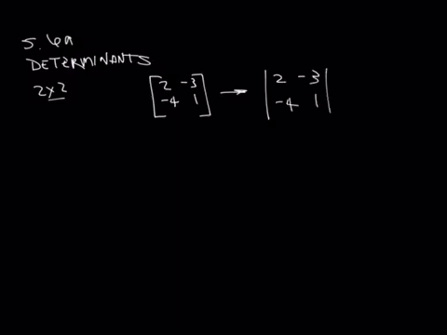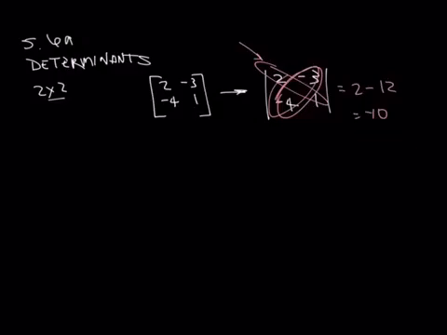That means I'm asking for the determinant. And the determinant is basically cross-multiplying, and once you cross-multiply, then you subtract. So it's this one first: 2 times 1, minus -3 times -4, which is 12. So 2 minus 12 equals